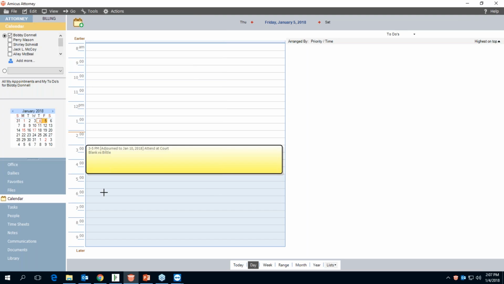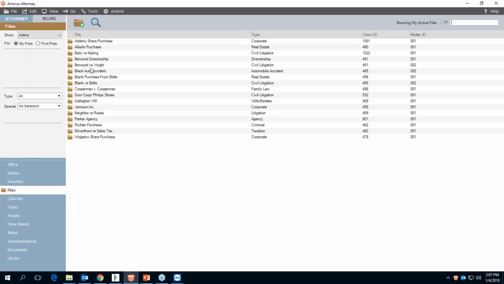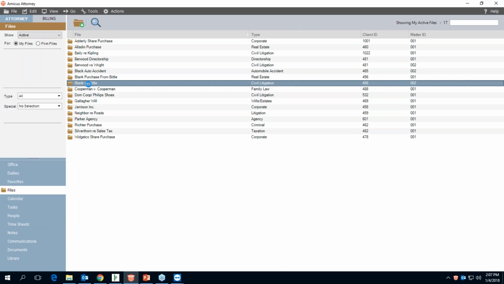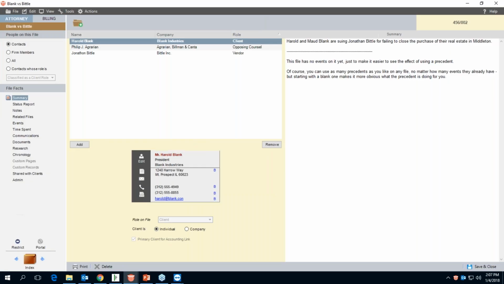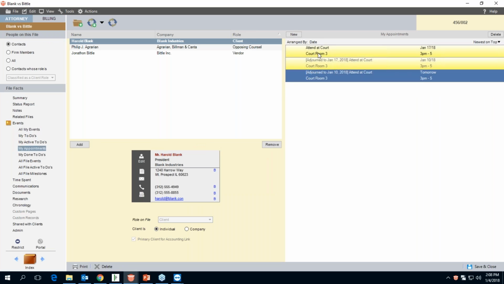Now, you can also see appointments on files and people records. So let's open up the Blank versus Biddle files. We'll go to Files. We'll go to Blank v. Biddle. And of course, we will find all of our appointments and to-dos under Events. And I'm just going to go into my appointments, and there you can see there is the actual date of